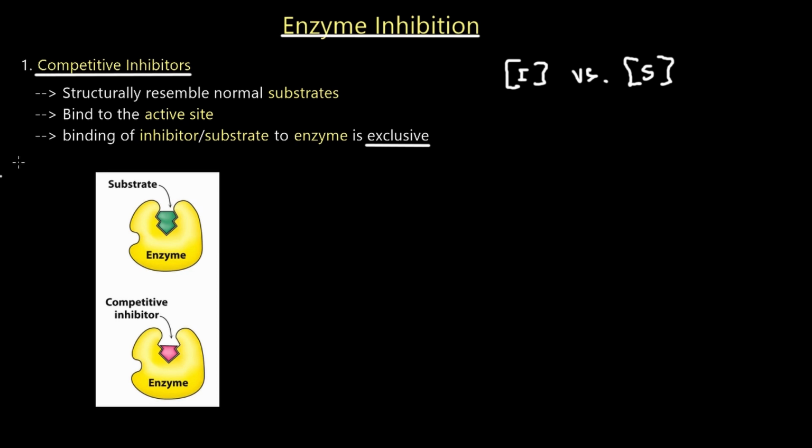on an enzyme. So here we have an illustration of an enzyme that's in yellow, and the substrate right here, it binds to the active site and the reaction proceeds. Right? However, the same similar type of molecule that would be the inhibitor could also bind to the enzyme, and if there's more inhibitor than the enzyme, this will typically happen more often with the enzyme, and then there is no reaction because